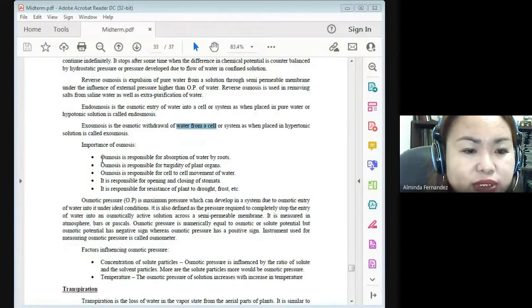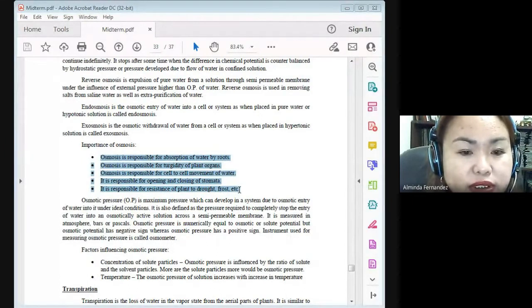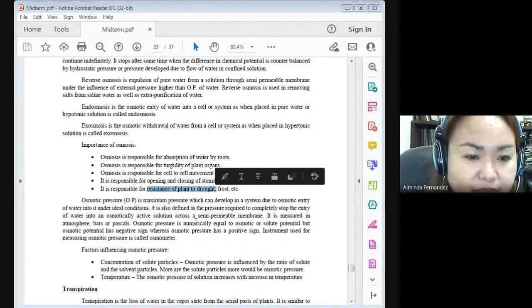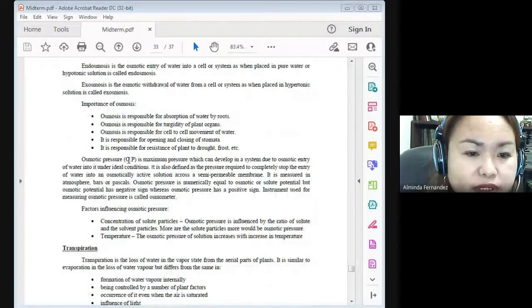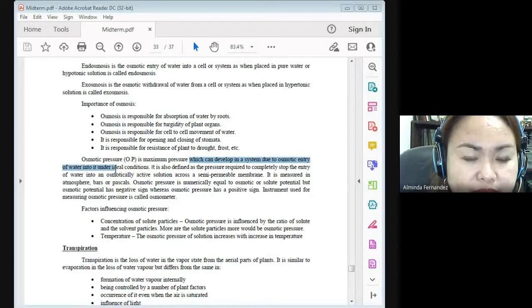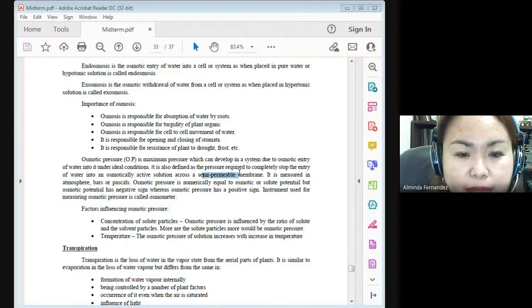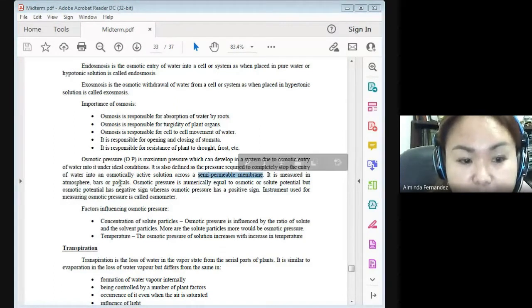So ang osmosis naman ay ginagamit a lot, no, sa absorption ng water by roots, turgidity of plant organs, cell-to-cell movement, opening and closing ng stomata, and resistance to drought. No? Osmotic pressure OP has maximum and it will also develop a system para sa entry ng water under ideal conditions. So meron siyang tinatawag na semi-permeable membrane and permeable